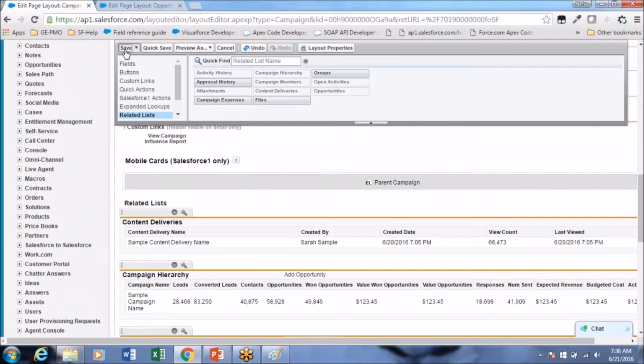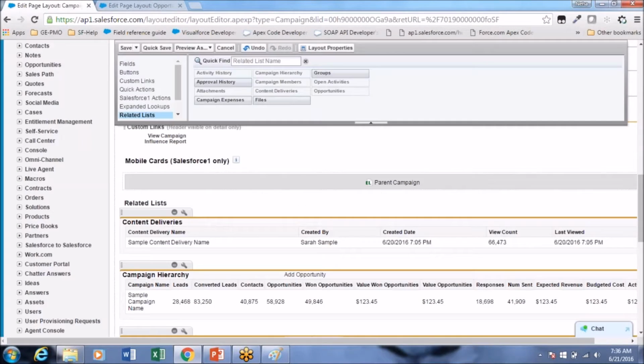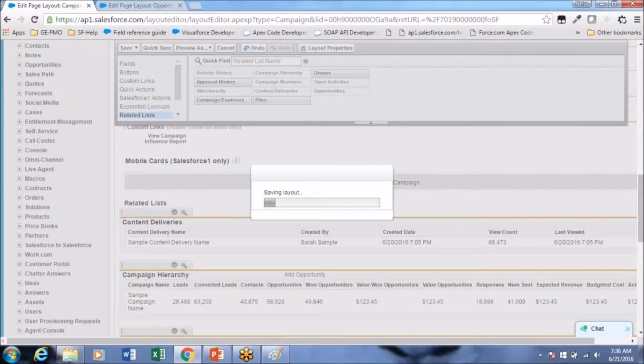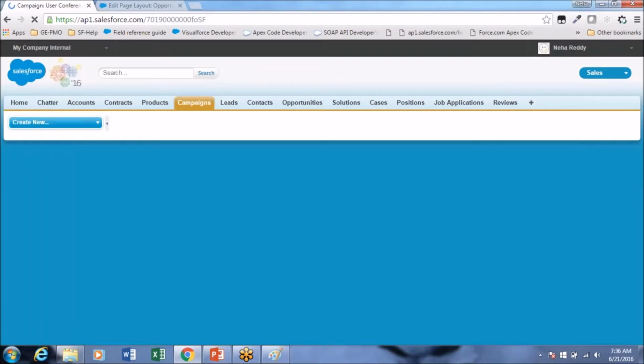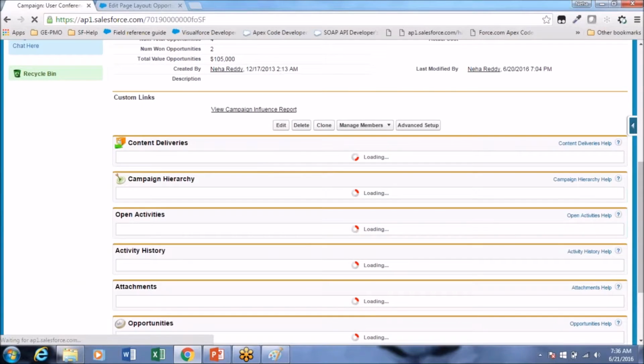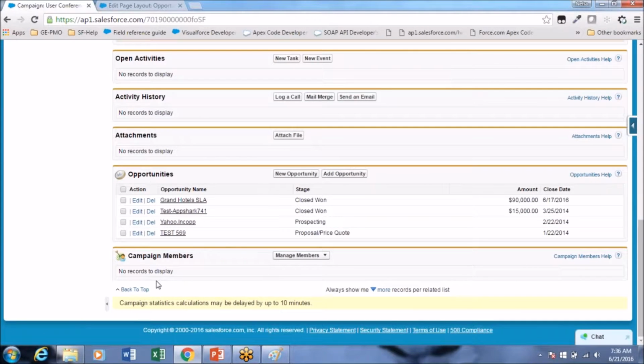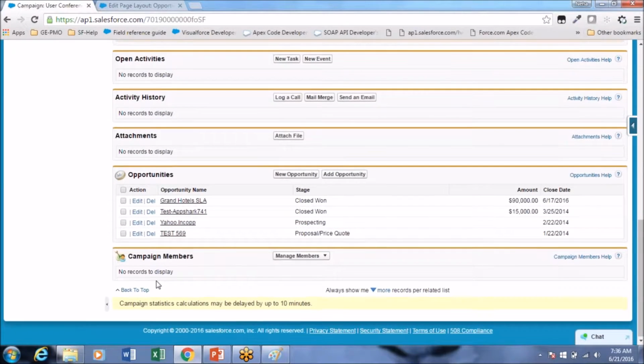Save. See, now I can see the content deliveries here and the campaign expenses is gone from the layout. We just removed it.